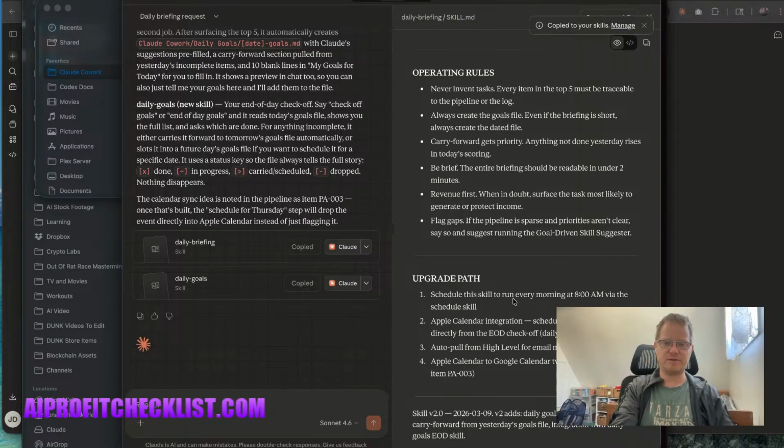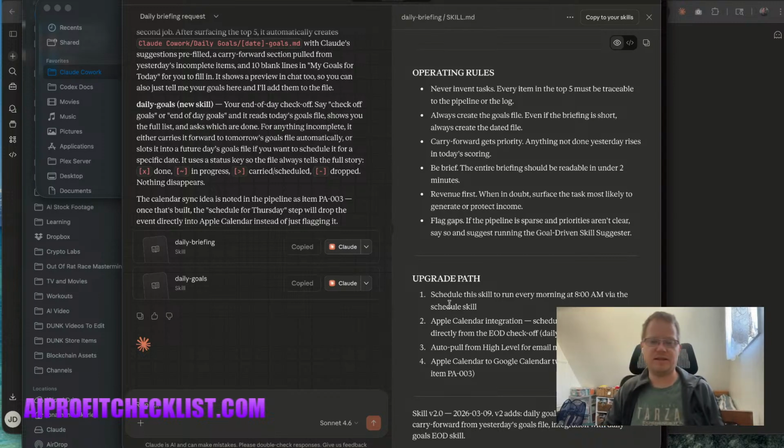Schedule this skill to run every morning at 8 a.m. via the schedule. So that's the idea. I'd want this to be something like a daily task that I would schedule every day, and then so what I'll end up doing is I would